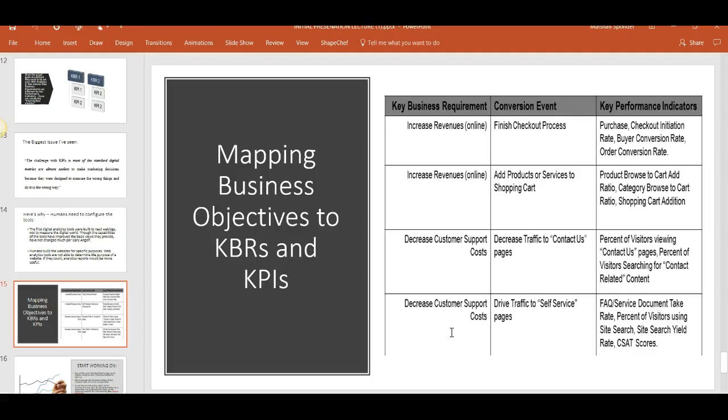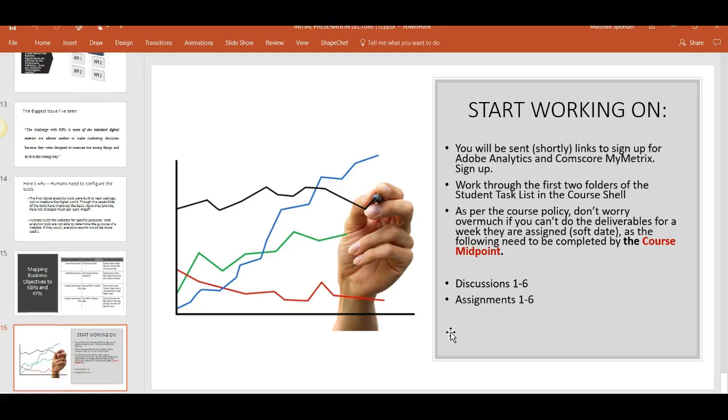So there are all these metrics that are actually on the website, so they're all the way on the right. And of course, the key performance indicators are the things that are actually instrumented to the website, and that's what the analytics pulls. That's all it knows. It doesn't even know what those things mean. So what you'll need to do is figure out how to